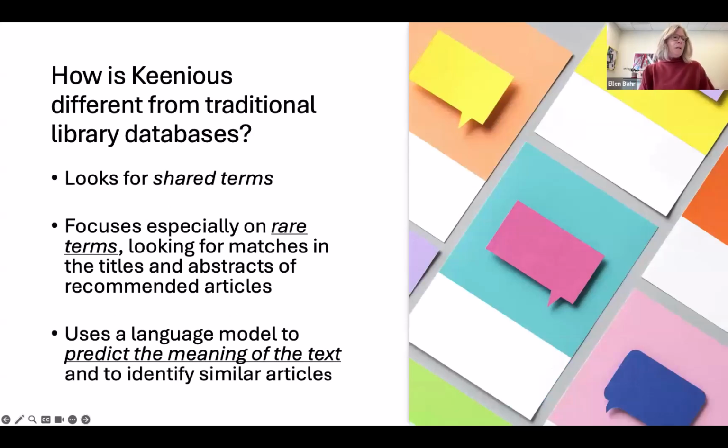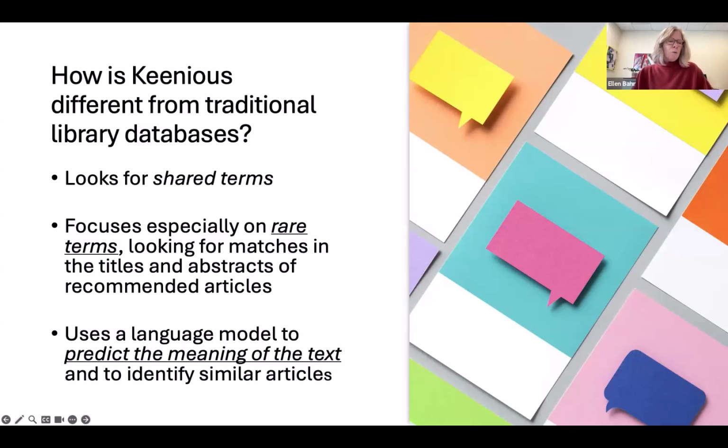So let's talk a little bit about how Keenious is different from a typical library database. This is something that we discussed with students that we met with because we thought it was important to kind of demystify the technology and give them some insights into how it actually works. First, Keenious looks for shared terms between the text that you provide and the texts of articles that it recommends. In this way, it isn't unlike traditional library databases